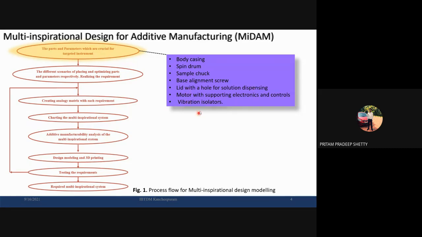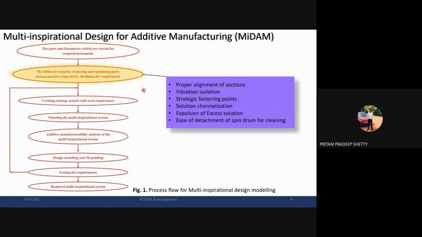Okay. Then you need a motor, electronics, and what is the size of the electronics and motor, the space it will take, the display unit, user interface. You have to consider all that. And last but not least, since we have a motor, which is something in motion, definitely there will be some vibration. So we have to consider vibration isolators as well, because this will be useful in good uniformity and reproducibility of the results for thickness measurement of the films.